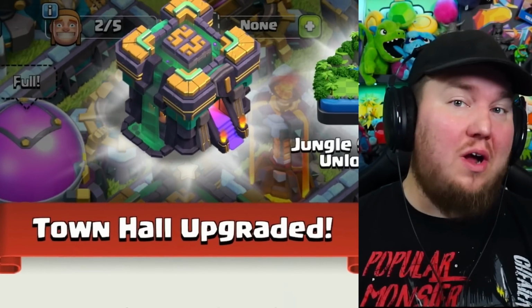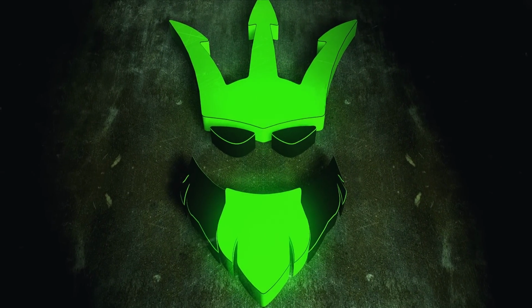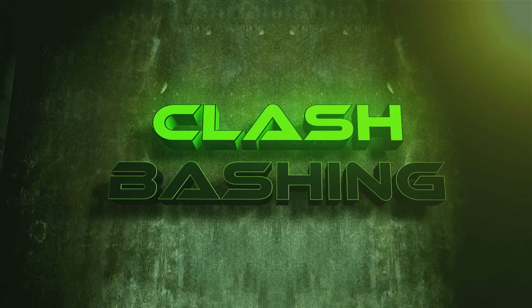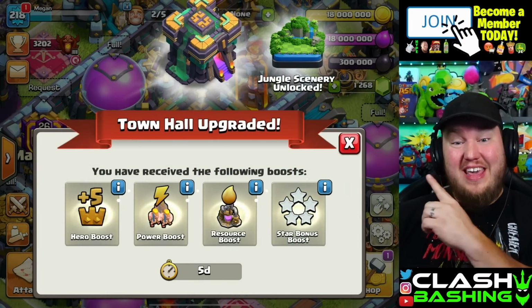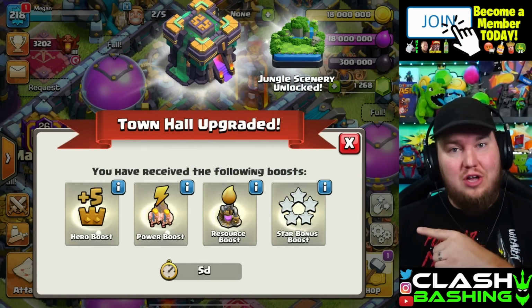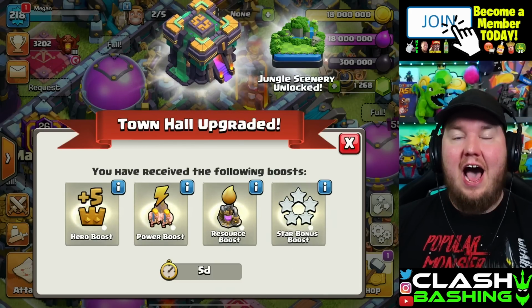Today, we're talking about what to upgrade first at Town Hall 14. I just used a book of building to finish our Town Hall 14 upgrade. We get a brand new scenery with that, but also some new boosts. We're going to be taking a look at what we should be upgrading first and how to progress here at